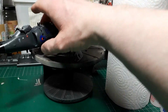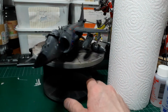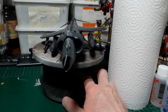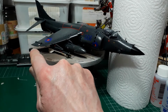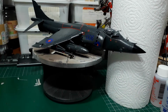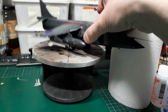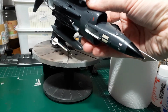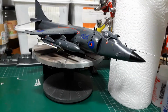Whoops, nearly drops it then. And yeah, I've had a few whoopsie drops. Broke the pitot tube, which I repaired. And then I took a chunk out of this side of the wing, which I've managed to repair with some sprue and filler, and you can't really see the difference now. And also underneath, I knocked the bomb off, so I had to re-glue that as well. Yeah, this kit has been fighting me all the way,